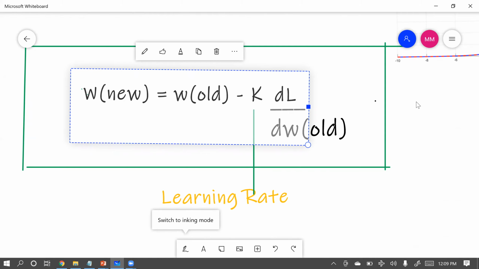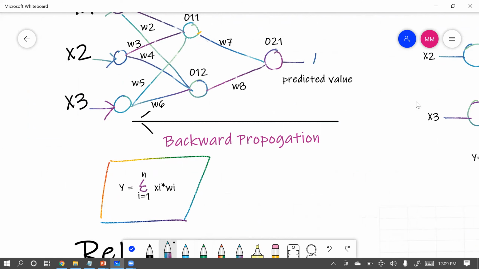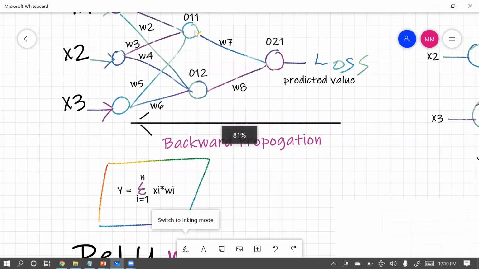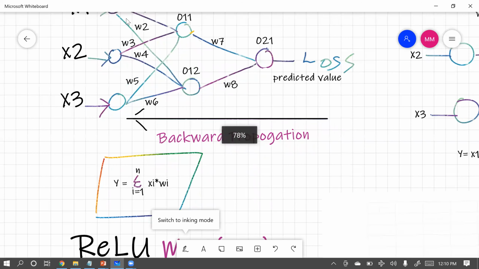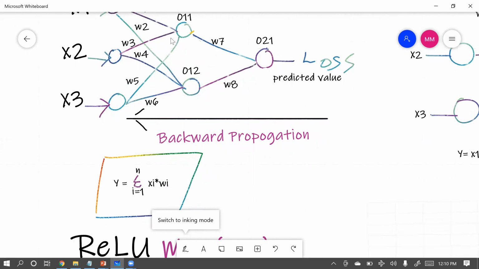So we have the output here, right? We will be calculating the loss function. For this loss function, we will be backpropagating till the first input layer, which is nothing but from O2 it will be going to O11, from O11 it will be going to X1, and again it will be coming forward. From the loss function, from the output layer, it will be going till the input layer and updating all the weights.